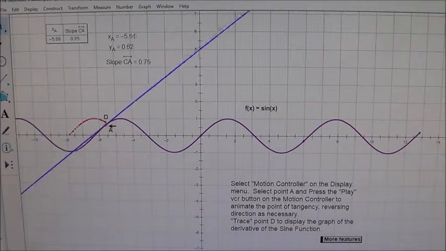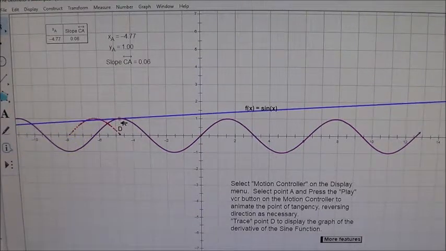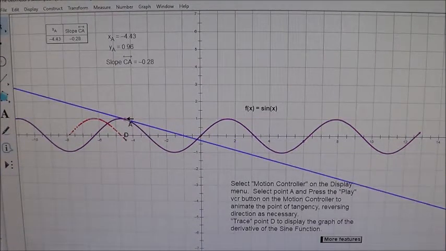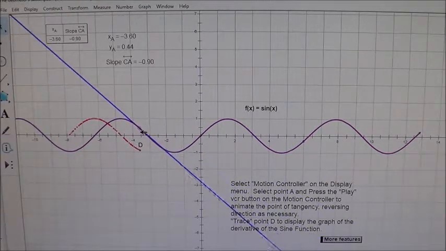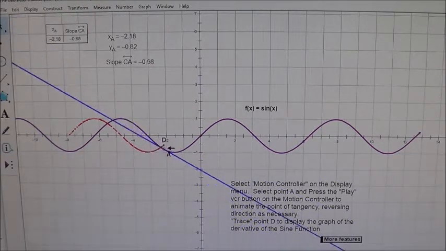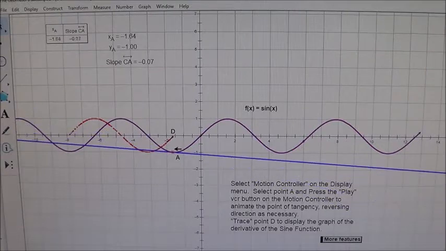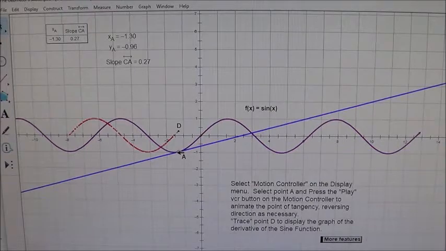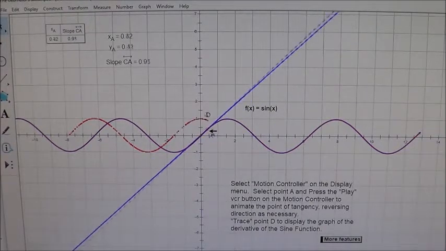So the tangent, of course, is changing as we go. We get here to 0 again. We've got another horizontal tangent. We see that D is back at 0. We continue dragging this point through the sine curve. We get back to another almost horizontal tangent. D is back to 0 again. We can see the slope here, the gradient, is back to 0. And we continue dragging this point